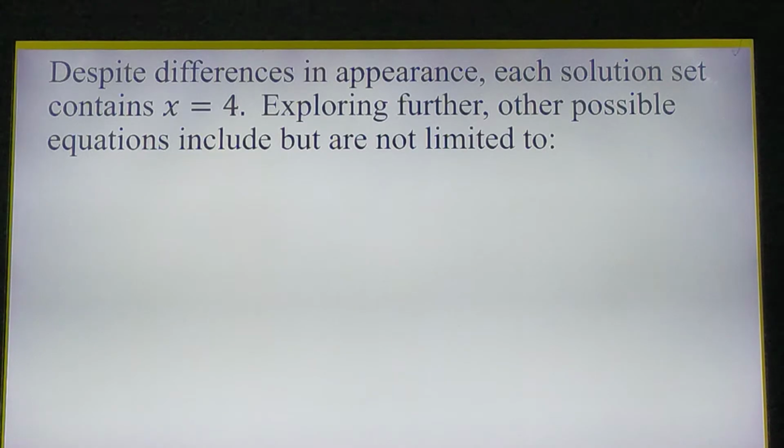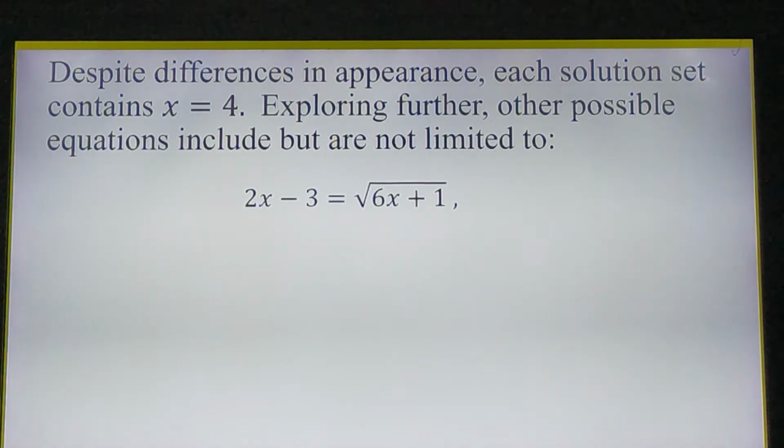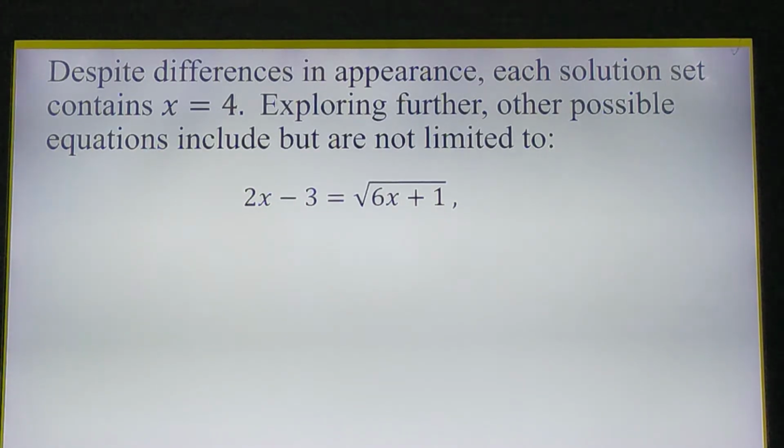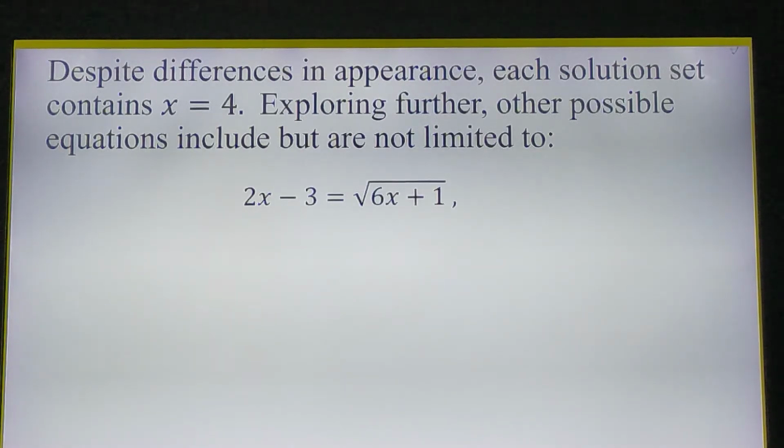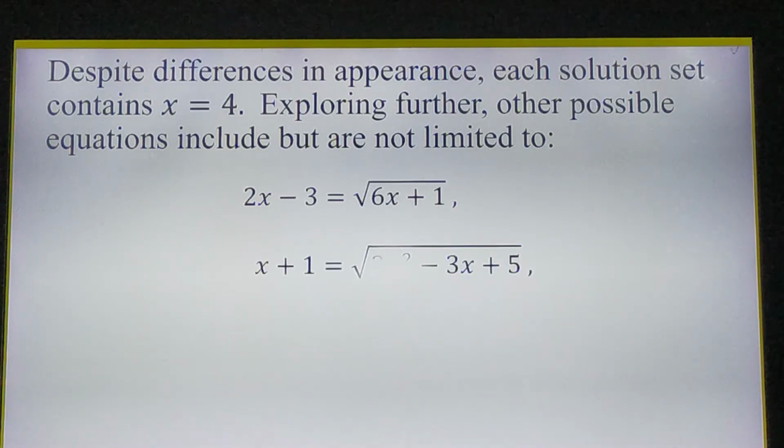Exploring further, other possible equations include, but are not limited to, 2x minus 3 equals the square root of 6x plus 1. On the left side, 2 times 4 is 8, minus 3 is 5. On the right side, 6x is 6 times 4, which is 24, plus 1 is 25, and the square root of 25 is 5. So we have that one, and then we have this